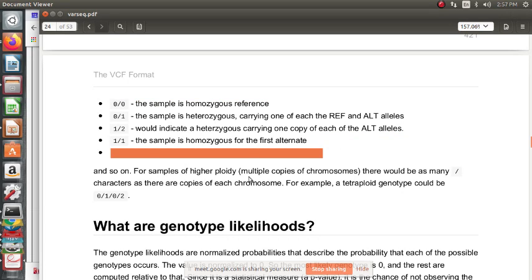So for higher ploidy or multiple copies of chromosomes, there will be as many characters as there are chromosomes. For example, a tetraploid genotype would be 0/1/0/2.